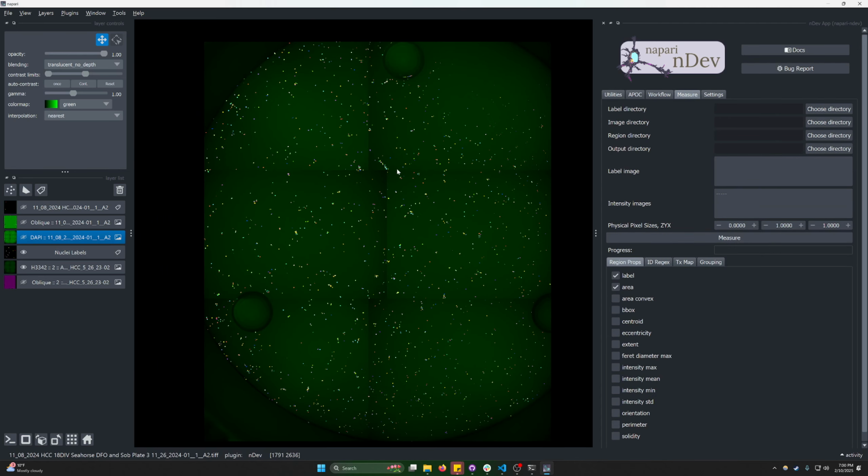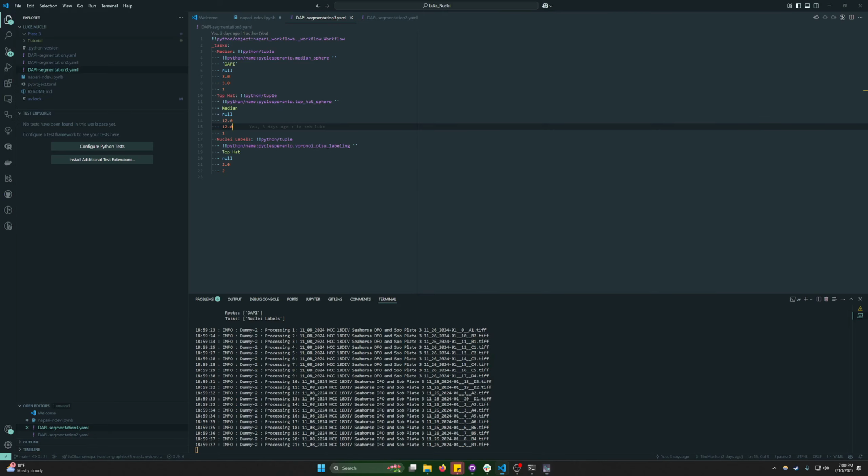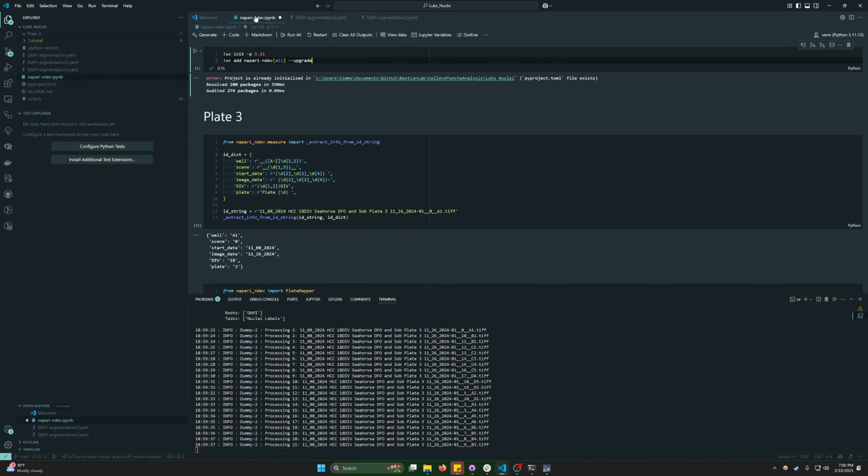This is sort of the most complicated one, so I'm going to walk through what the plan is first before showing how to do it. So in here, we've got a name. This is the name of one of Luke's files. It's got the date, how many days in vitro it is, what the plate is, when it was imaged here, and then because it's extracted, you've got what scene it is and what well position it is. So from this, we can create this dictionary that we're going to use in the napari-ndev app,